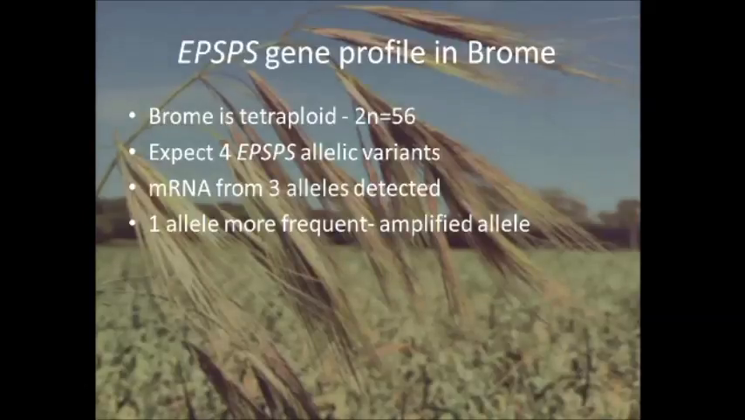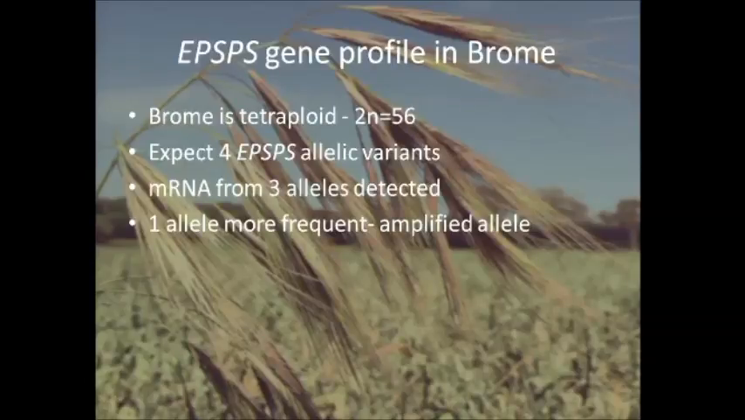So brome is a complex weed. It's genetically quite complicated because it's a tetraploid, which means that there's 56 chromosomes. We expected to see 4 EPSPS allelic variants, but only detected 3. So the 4th one could be a defunct version of this gene, not being able to be expressed. And out of these 3 alleles, 1 allele was the most prominent and more frequent, and we suspect that this